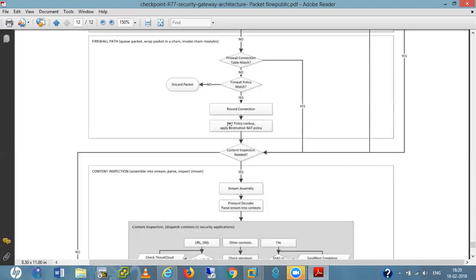There it checks the NAT policy, whether any rule matches this traffic or not.